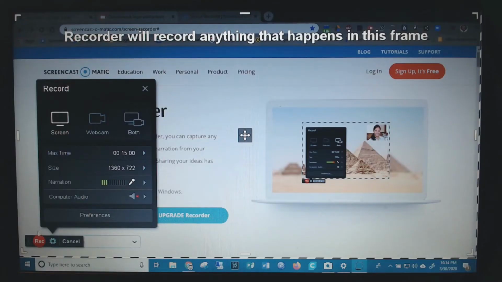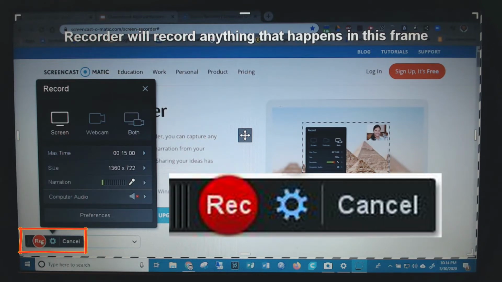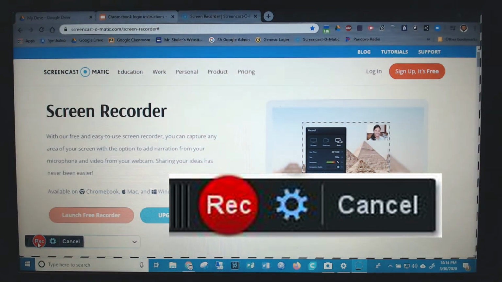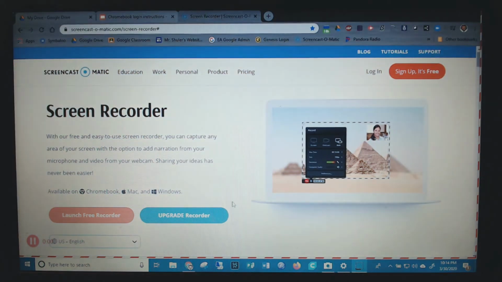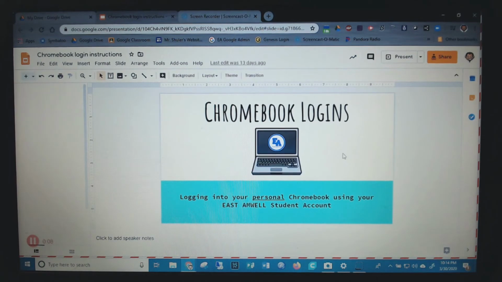Finally, when I'm ready to go, I have my record button down here. When I hit record, it'll tell me 3, 2, 1, go. And now I'm recording my screen, and it's also picking up any audio because I have the microphone turned on. I could be doing something on my Google Docs, and I could be typing the information here, showing students how